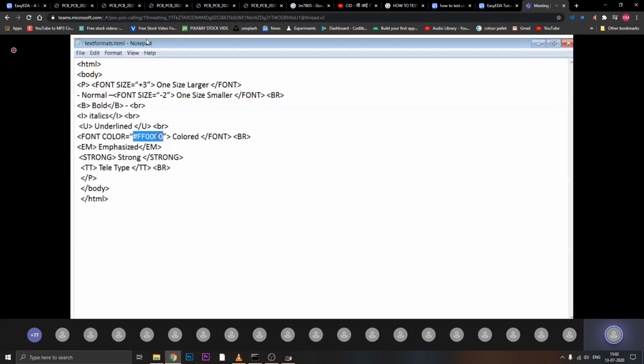The em tag is used for emphasizing your text. And for making your text strong, you can use the strong tag, and for teletype you can use TT. These are generally used, though not mostly used. According to the choice of the designer, and how the look of the page should be, we will be using this markup. So let us see how it will look in the browser after applying it.